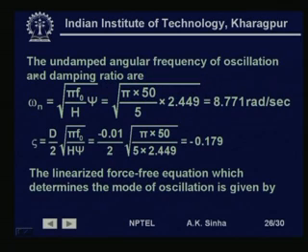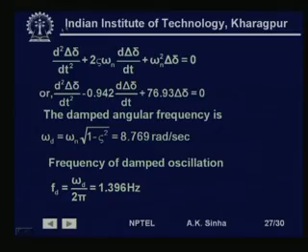Now, here we find that the omega n, the undamped natural frequency, is again coming out to be same as 8.771 radians per second, whereas the damping coefficient has now become negative because D is negative. So, it comes out to be minus 0.179,